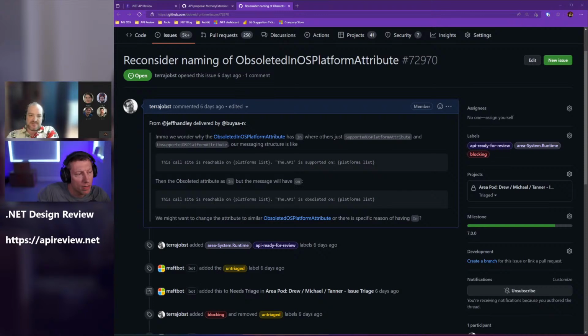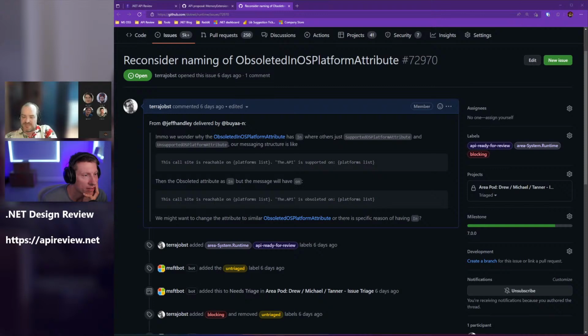I kind of agree with that. Like it always throws me off a little bit. The reason why I thought obsolete without the N was weird is because you're not obsoleting the OS, right? We are just saying that the API is obsolete on this OS, but I guess that equally applies to supported, right? It's just that the adjective has a direction that kind of looks from the API standpoint, versus in the obsolete case, you clearly look at it from the OS point of view, right? So it probably doesn't matter, but I like the symmetry, and I think it's easier to